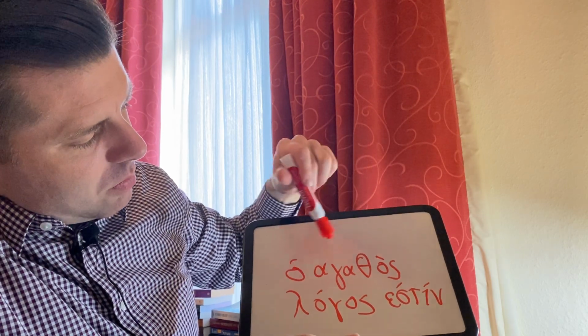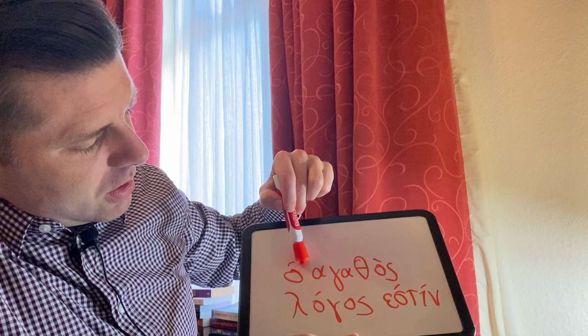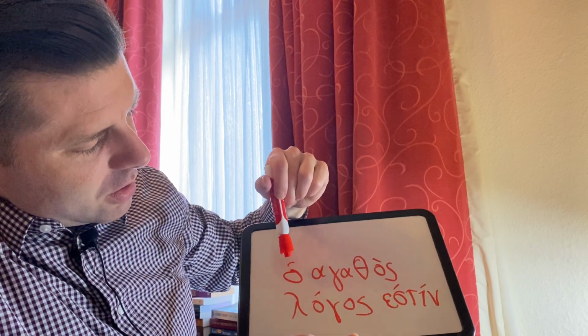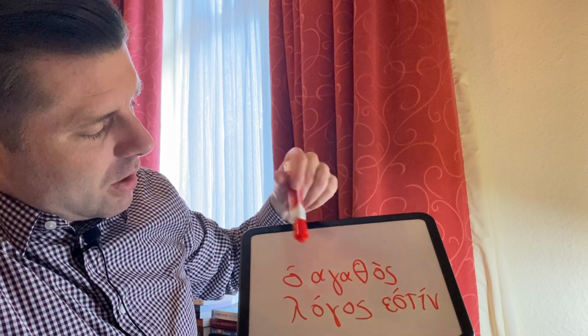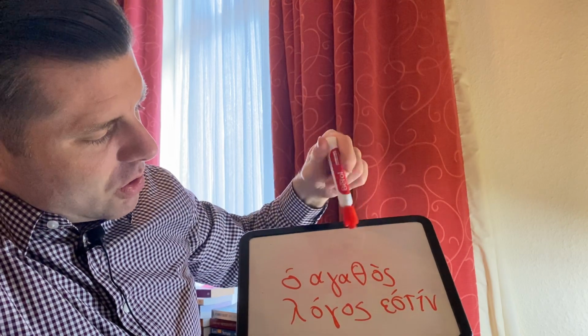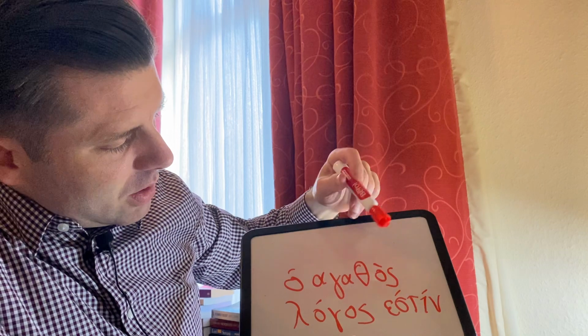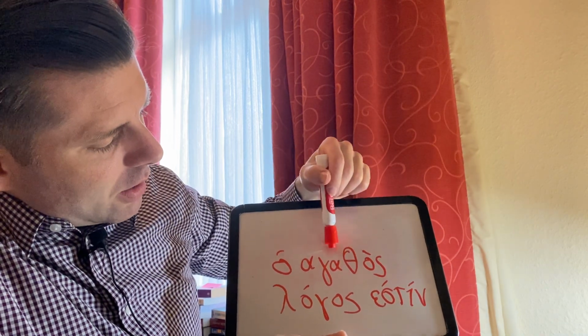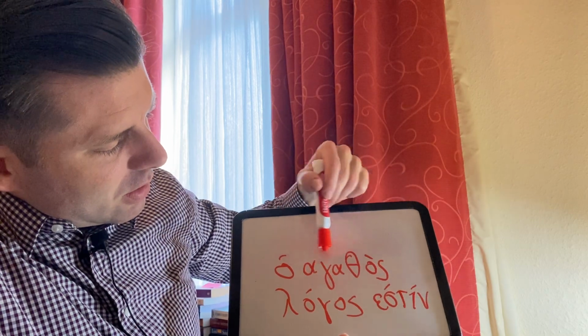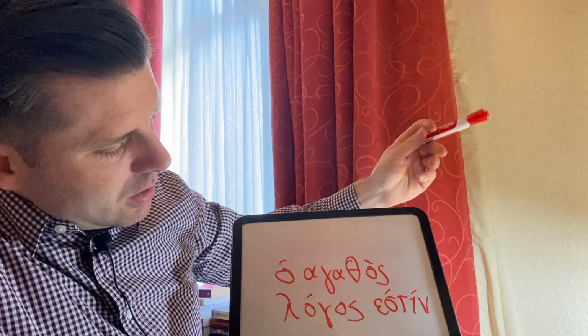And then the article really brings the two together. Essentially, it's the article for logos, but it's subsuming agathos. I don't know how that all operates. I'm sure there's some theories to that, or even maybe concrete data. But with that said, ho agathos logos estin, the good word is something.